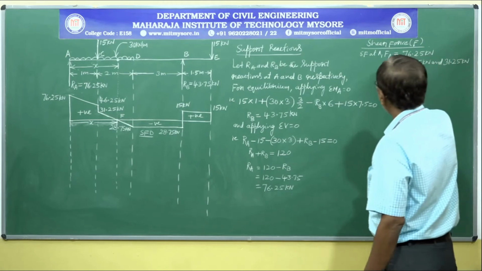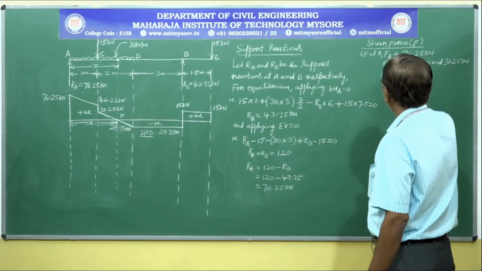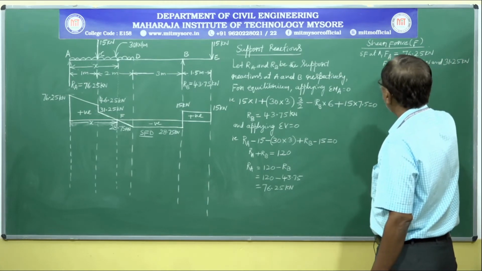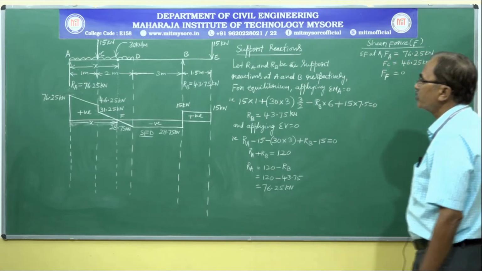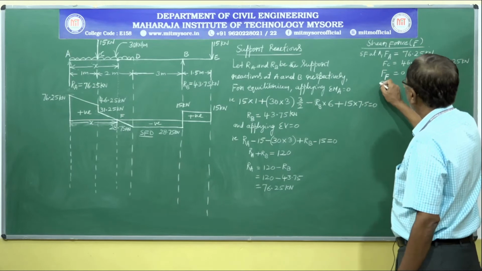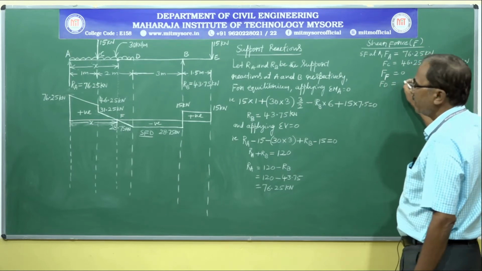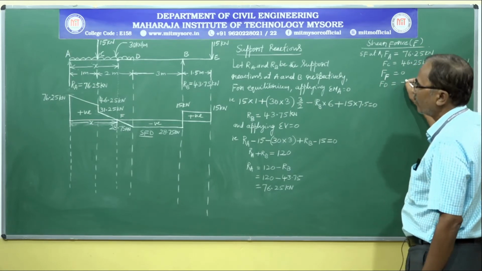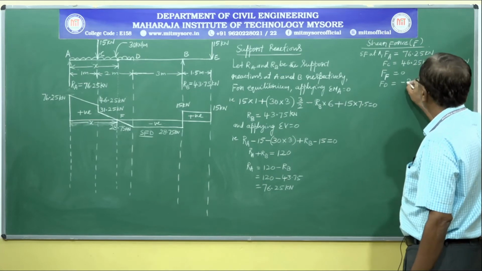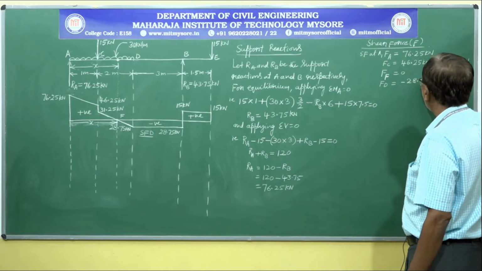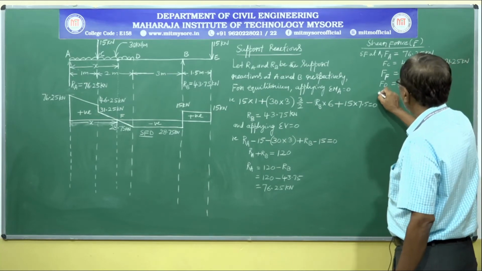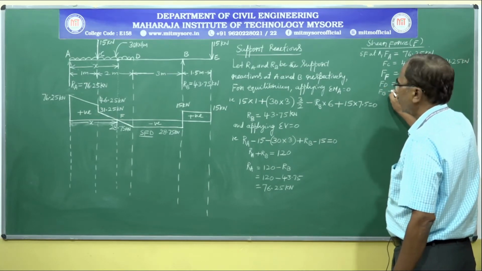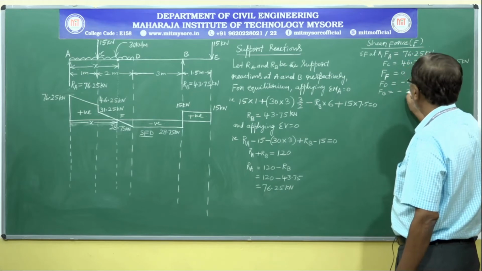Shear force at F is 0, FF equals 0. Next, shear force at point D, FD, below the reference line negative, minus 28.75 kilonewton. Then shear force at point B, FB is equal to minus 28.75 kilonewton,